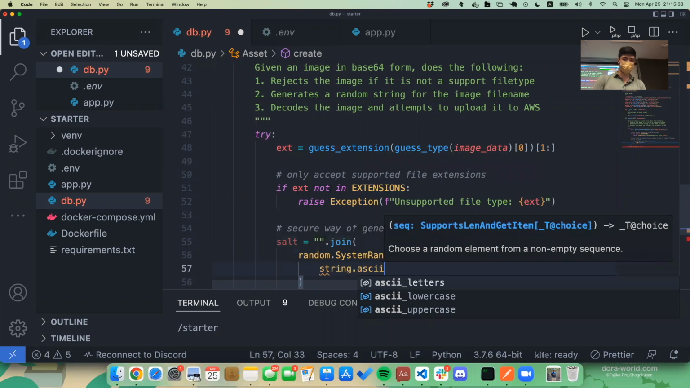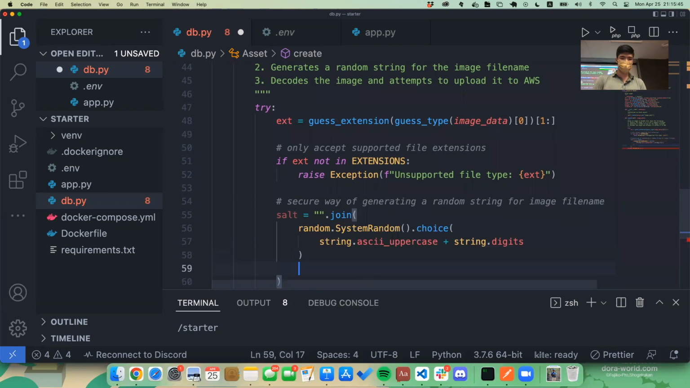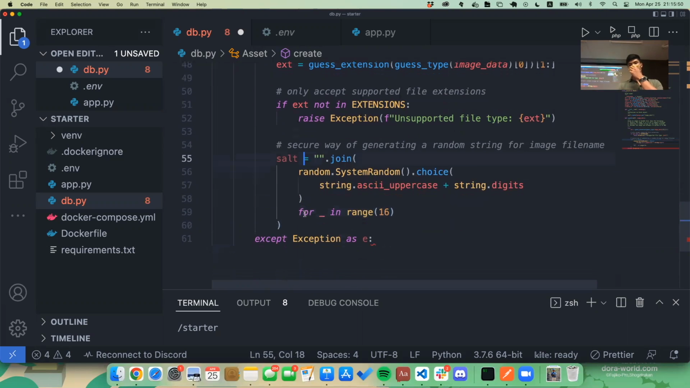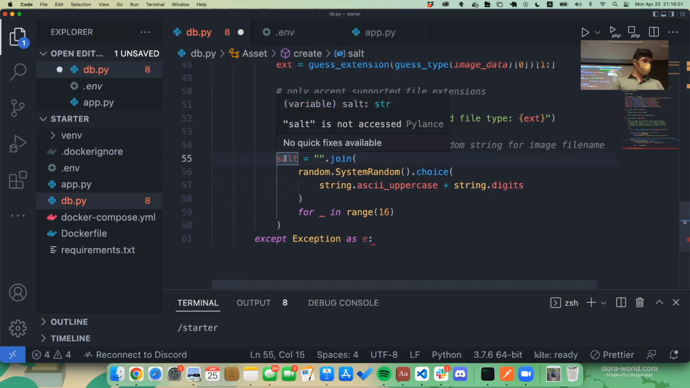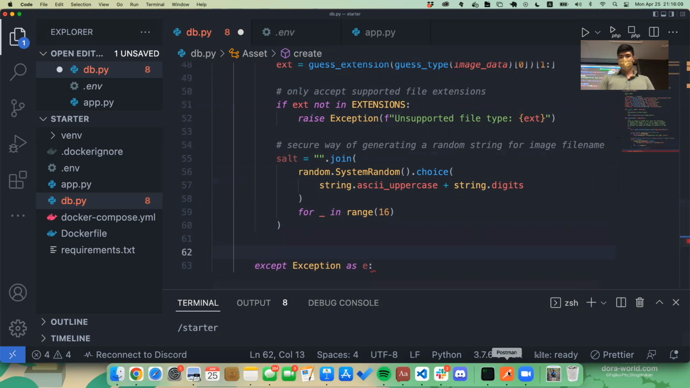This is another case of just copying this code when you want to make the hash challenge. But in short, what this is doing is it's using a combination of uppercase and numerical characters to make our file name. And then once we have a file name with this given salt,